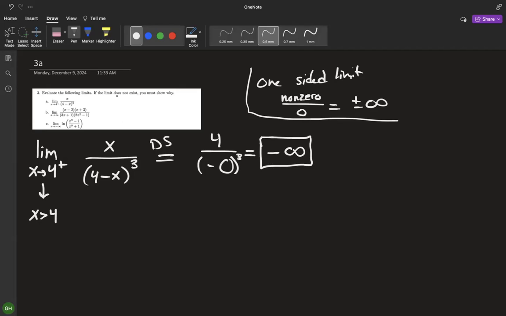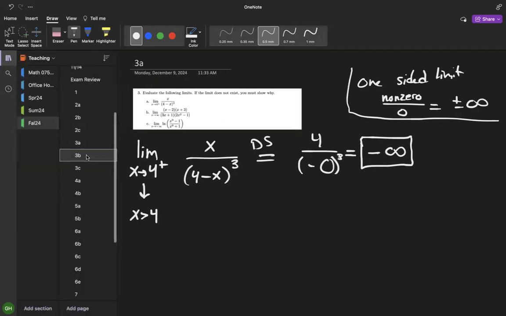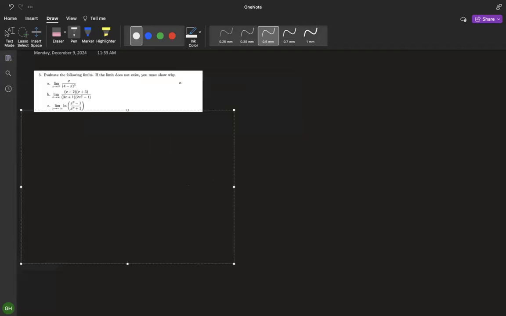For part B, there's an extra layer of complication. So this is our standard limit as x goes to infinity. And we have that rule that basically always works for when the limit goes to infinity. Maybe I'll write the rule just as a reminder that the limit as x goes to infinity